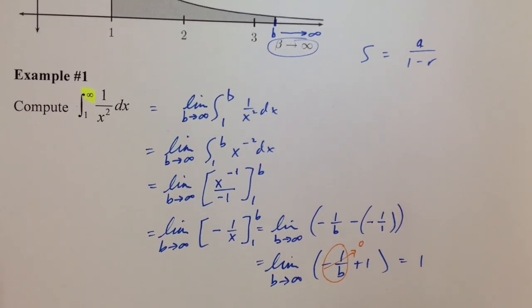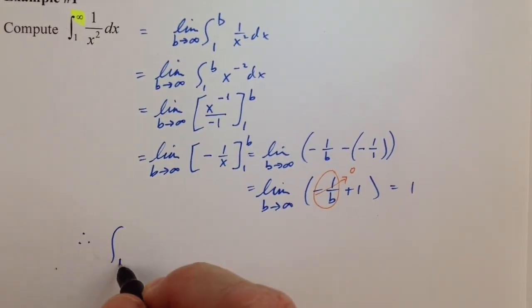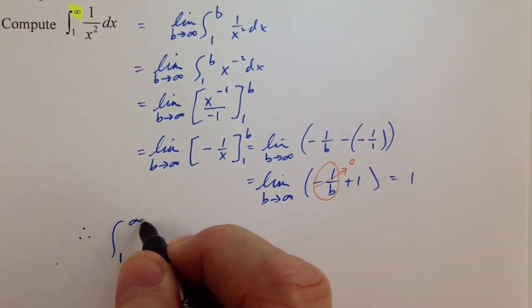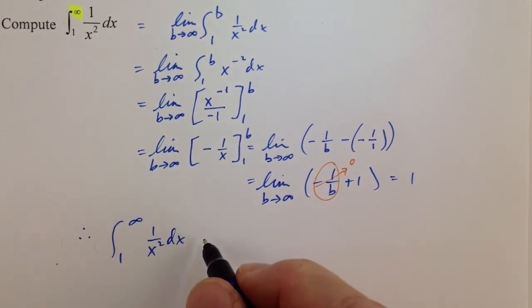So from this we can say, therefore, the integral from 1 to infinity of 1 over x squared dx is